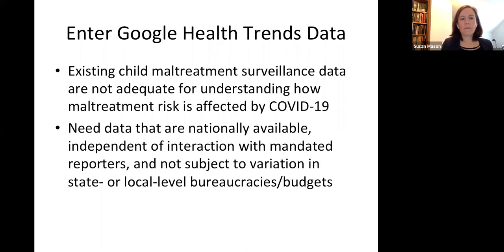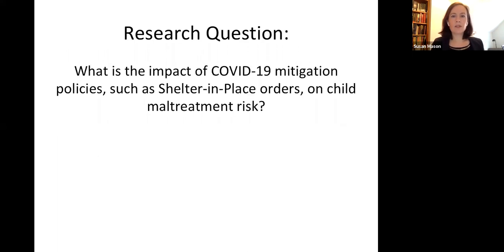So basically, existing child maltreatment surveillance data are really not adequate, I don't think, for understanding how maltreatment risk is affected by COVID-19. What we need are data that are nationally available, independent of interaction with mandated reporters, and not subject to idiosyncratic variation in state or local level bureaucracies and budgets. So that's where Google Health Trends data come in, because in fact, they check these boxes. Let me just return to the